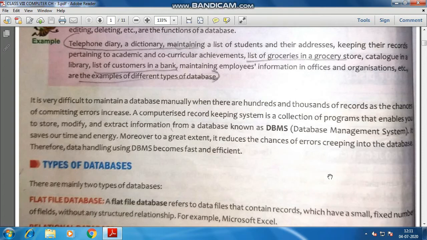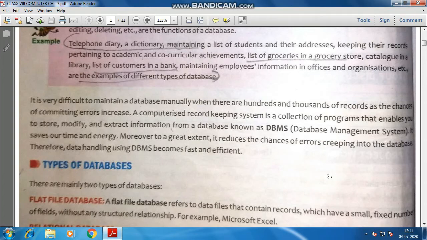I'll tell you one, that is data redundancy, meaning duplication of data. Suppose in my manual database I have written the name Sumit Sedana. After the 50th entry, that is the 51st, I might write Sumit Sedana again, because if you are writing a lot of names, the mind does not memorize each and every name.